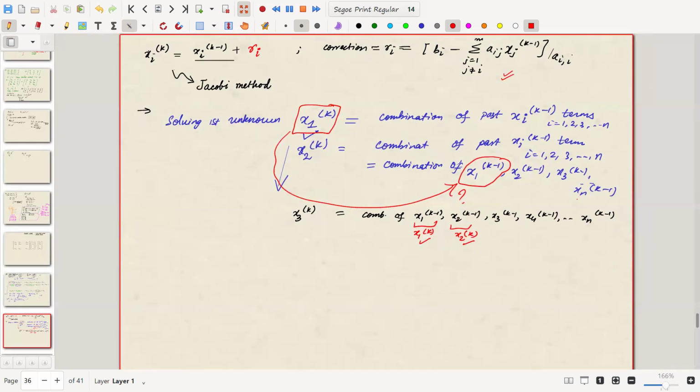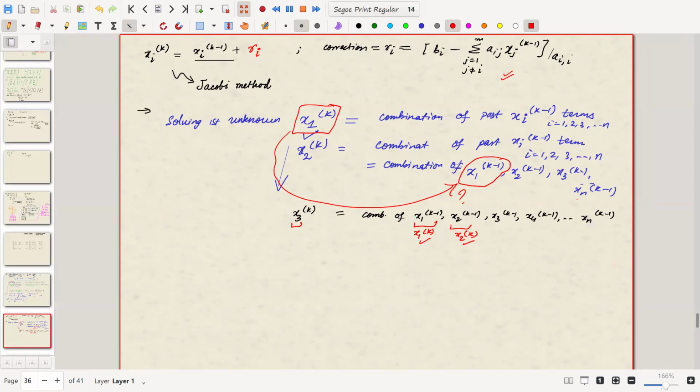The correction term will change, isn't it? How will the correction term change? Some of the terms before x3: if you are computing x3, then all the terms before that, x1 and x2, will have the fresh values. Then